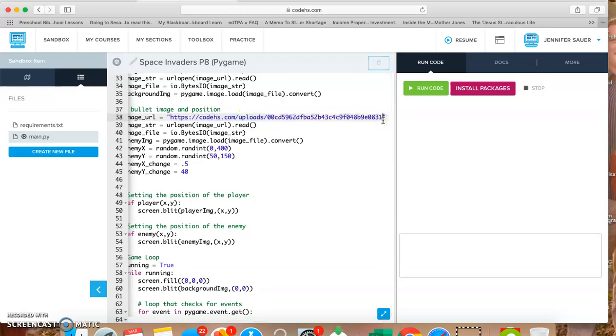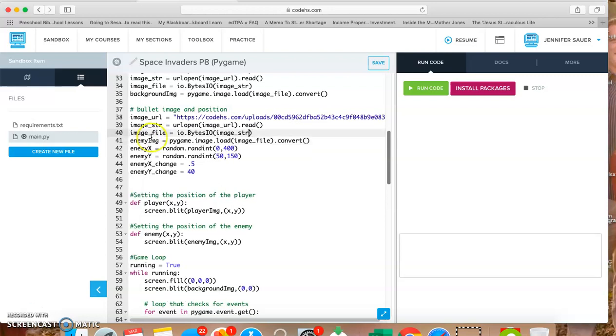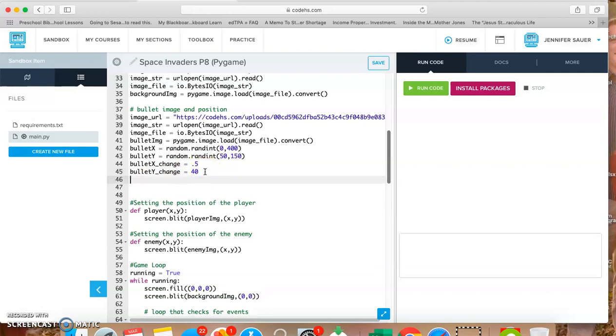So there we go. I'm going to change the names of the variables. So this one's going to be bullet image, bullet X, bullet Y, and then bullet X change, bullet Y change. And then we're also going to have one more variable, and we'll set these variables in just a second. So down here, we're going to name that variable bullet state